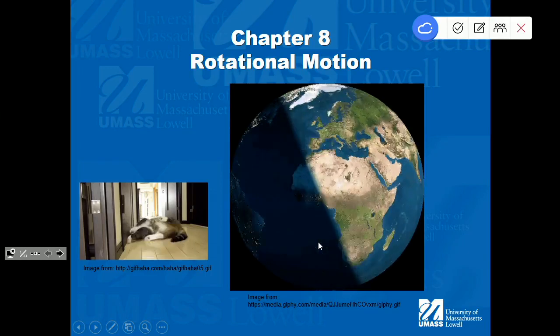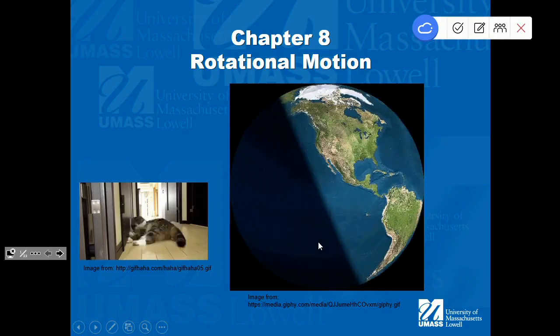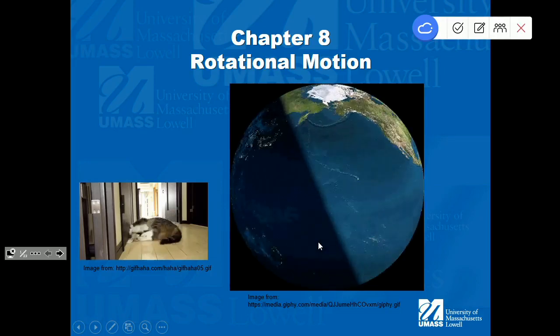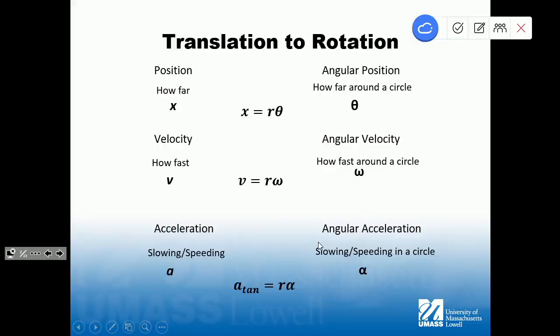Okay, let's get back to rotational motion. So, let's put the weekend out of our heads, unless we spent that studying physics, and go back to where we were. Right, so we covered a bunch of stuff last week, but what I want you to take away from it, like for today, is that V equals R omega, which means that